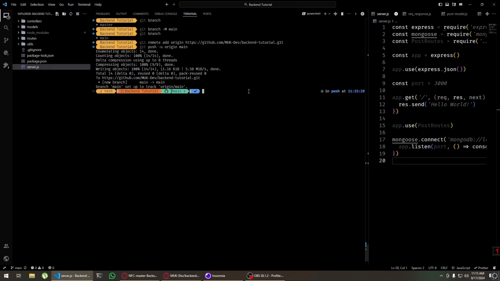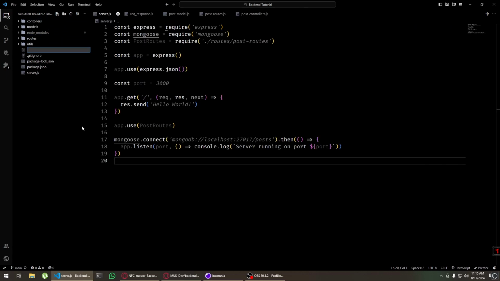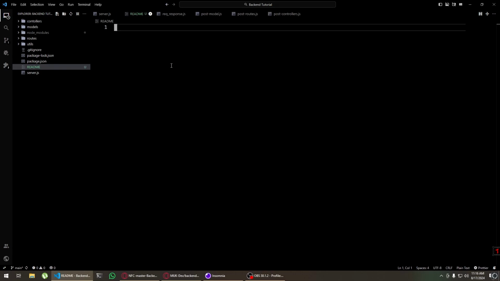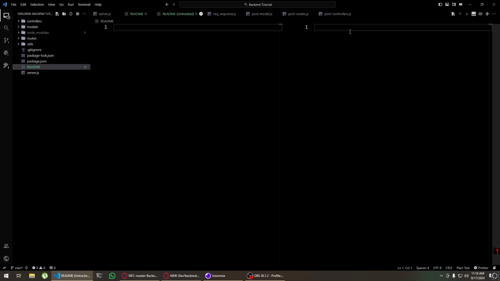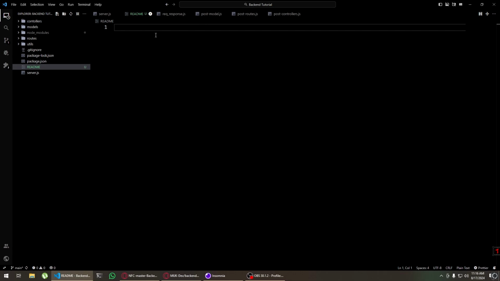Now how can we update this code? So let's actually do that. I'm going to create a new file here, which is readme. In the readme, we're gonna create, this is a markdown document. So if you're on VS Code, you can open this changes tab. Actually, it's not the changes tab. I think it, oh yeah, this is right. So I'm gonna close this. So if you type this in the